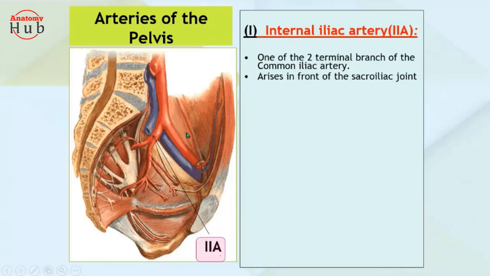iliacus muscle over here, and here you'll find S1, S2, S3, S4, S5, all these sacral nerves. They arise from your ventral sacral foramina, then join together and make the sciatic nerve, which we have already discussed. And here you know this is your S1, S2, S3, S4 and S5, the sacrum over here, and this is the vertebral canal through which the spinal cord descends downward.